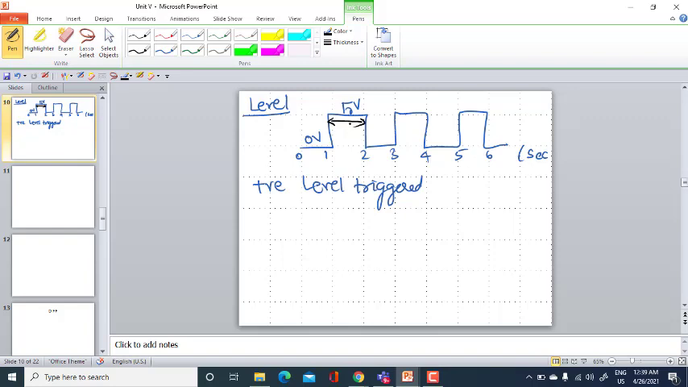5 volt state, whereas negative level triggered is nothing but the output of the flip flop will change with respect to the input only during this period, the negative level triggered period. Two levels you have, 5 volt level and 0 volt level. Is it okay? And the main drawback in level triggered is if the length of the pulse